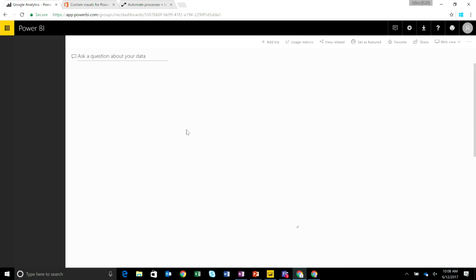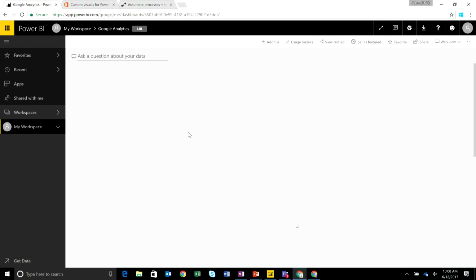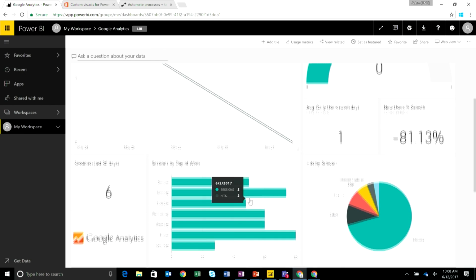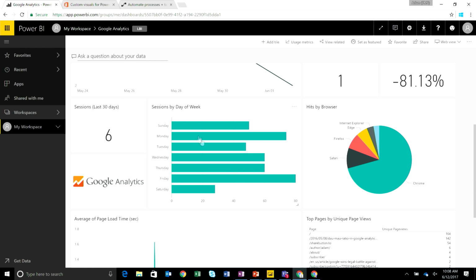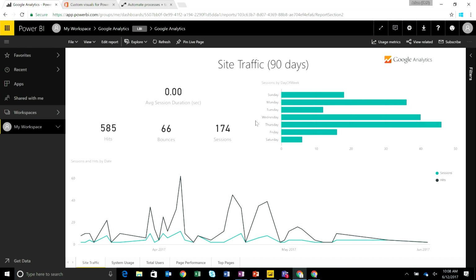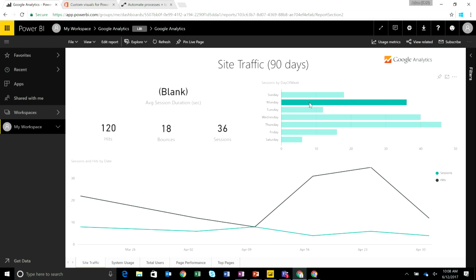Great. And so here is my Google Analytics dashboard. Whoops, give it 1 second. Great. OK, so I can see a bunch of tiles that show me my performance, the number of sessions I have on different days of the week, which browsers are being used. And I can click into this to get a rich interactive report so that I can explore the trends over